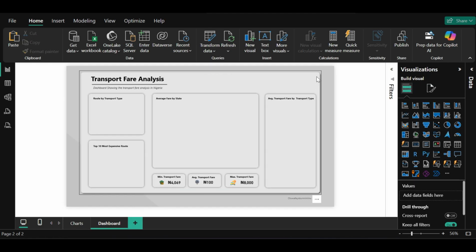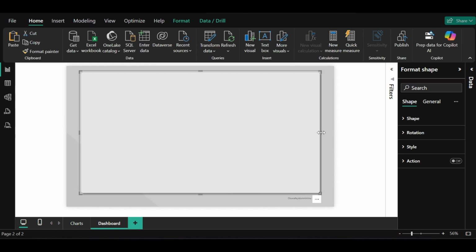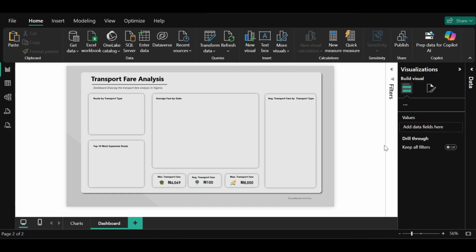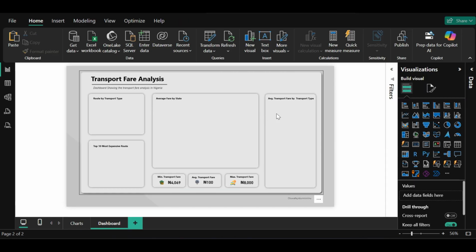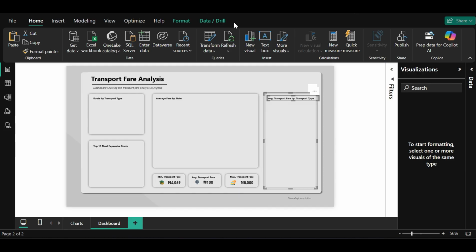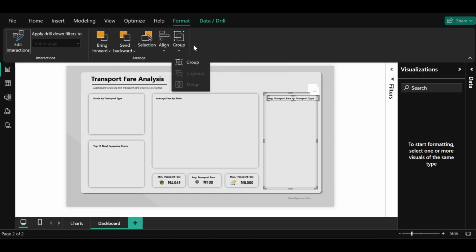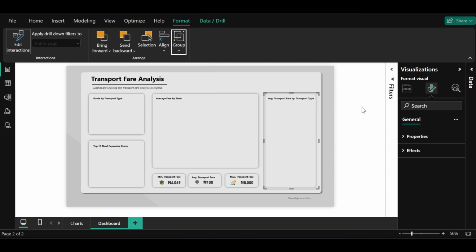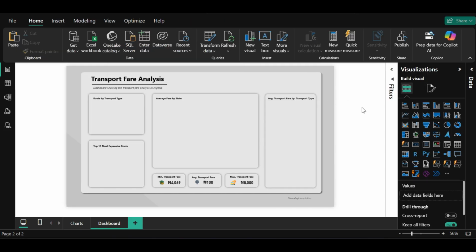So I have balance. So let's have these. Then we have sheets. Then click on this one, then we go to format. So we go that. So we have grouped these ones. We have grouped every